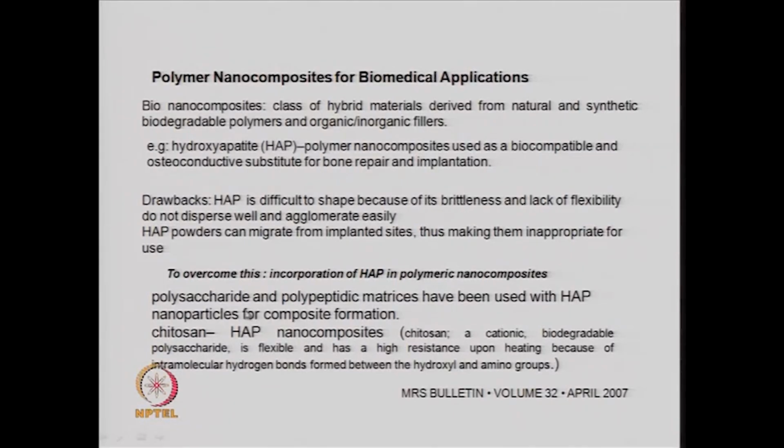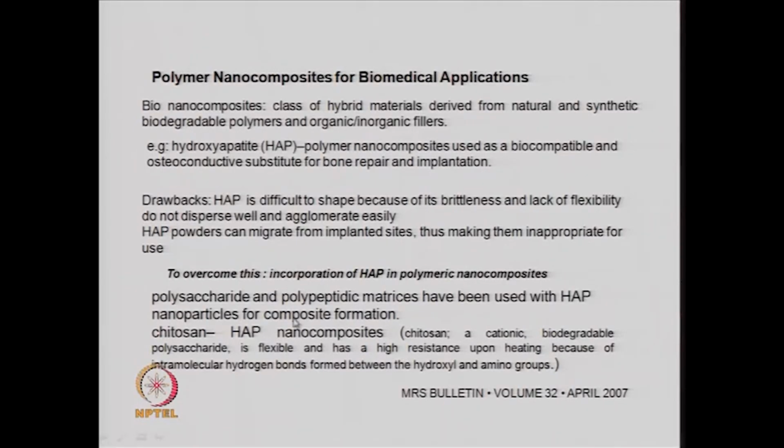People have tried various types of polymers, for example, polysaccharide and polypeptide matrices have been used with hydroxyapatite for composite formation. One of the biopolymers people have chosen is chitosan, and chitosan with hydroxyapatite gives nanocomposites, and this